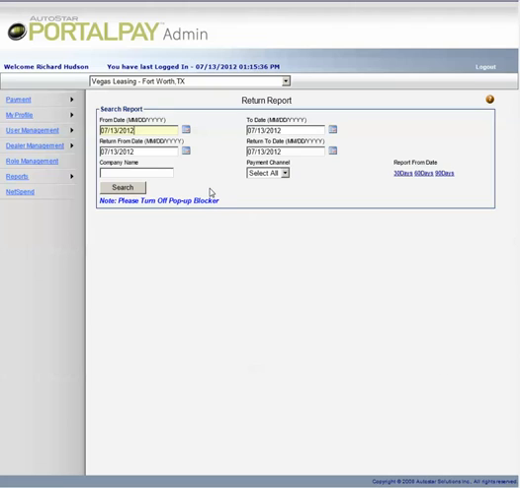You'll see at the top you have 4 boxes with the dates in it. You have the from and to at the top, and the return from and to at the bottom. Now what this means is I want all the checks that were written between the date that's currently highlighted. So usually I'll just go all the way back. I'll just change the year to 2010 to today that have been written that obviously were returned today. This is a good way to widen the scope of when the potential checks were written, but all the ones